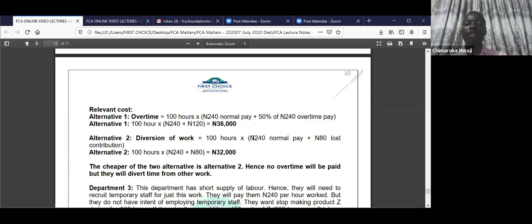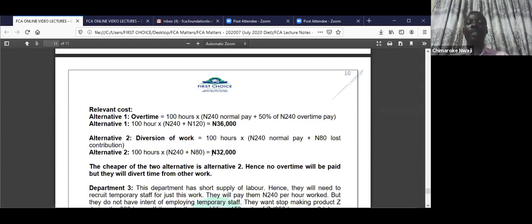Here, you are paying them the job money, but there is no overtime. They are doing it within their allotted time. So the only thing we do here is that lost contribution. We have to charge that contribution lost to the project. So you have to add the 80 naira because you are going to lose 80 naira for 100 hours. So what you get here is 240 plus 80, which is 320, multiplied by 100 hours,